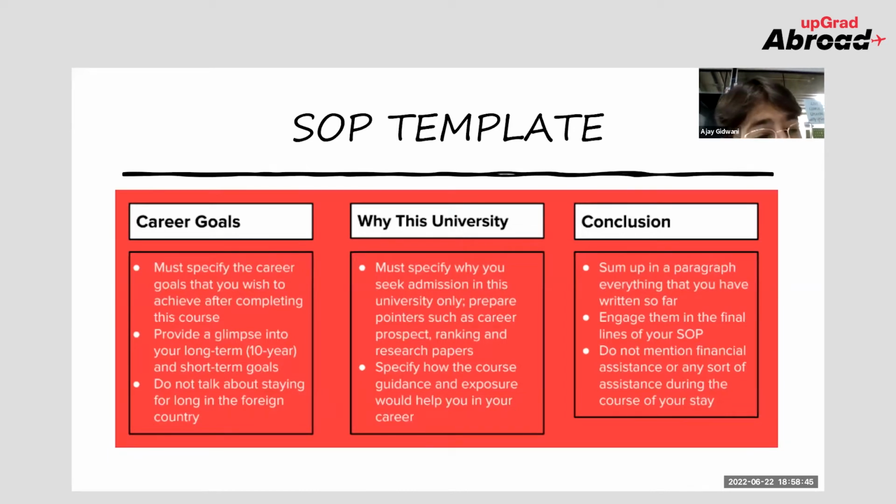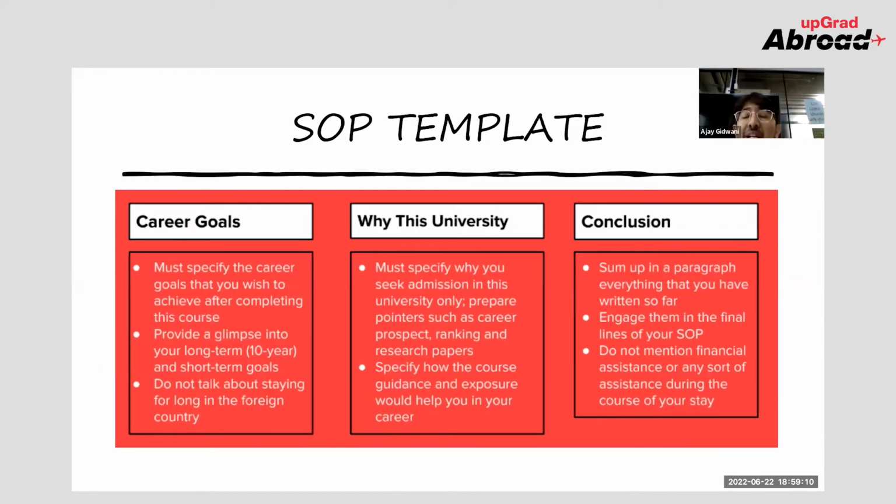Right. So career goals. You must specify the career goals that you wish to achieve after completing this course. This could be a glimpse of your long-term and short-term goals, and that can also be included. Why this university? It talks about the reason you would like to go to this university. You will talk about how the course guidance and exposure and also